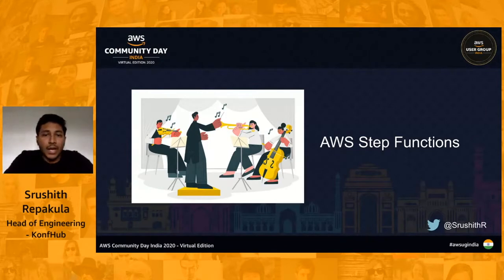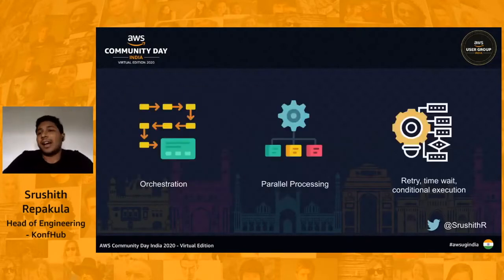So let's get started with the first service, that is AWS Step Functions. So what exactly is a step function? For people who have already used it, they would understand that it's sort of a flowchart that helps you orchestrate your application flow, user flow, while building your applications, right? I'll be touching upon a simple example as well. Before I go there, let me just explain what exactly a step function is.